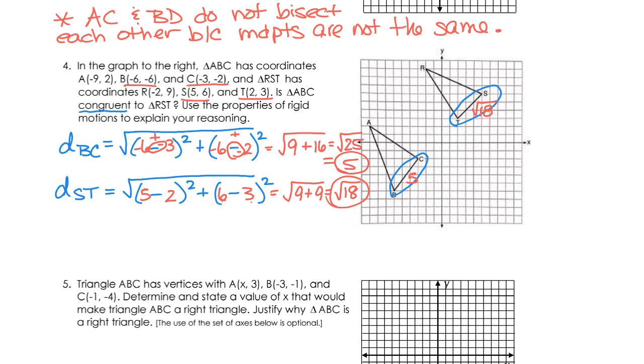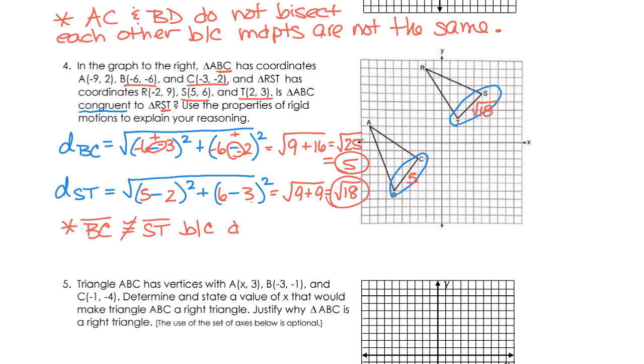And remember, when they state the triangle's names, for instance, triangle ABC, BC is the last two letters. Triangle RST, ST is the last two letters. And if these triangles were congruent, BC should equal ST, and it doesn't. 5 does not equal square root of 18. So we're going to go ahead and say that BC is not congruent to ST